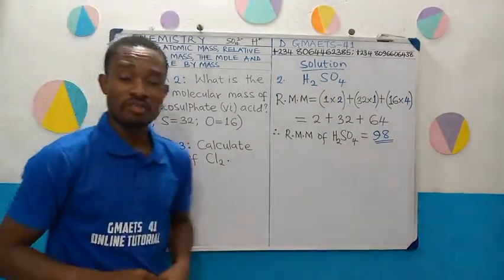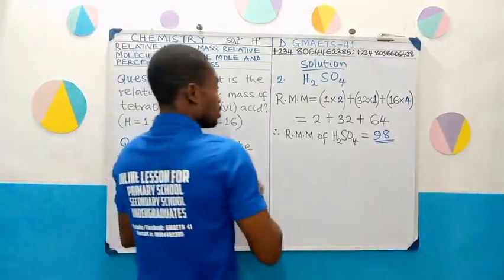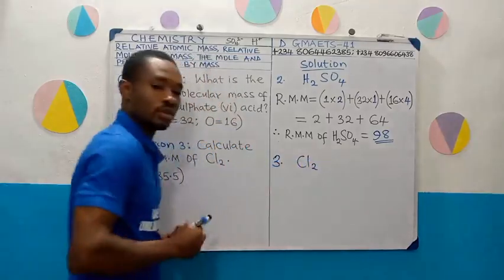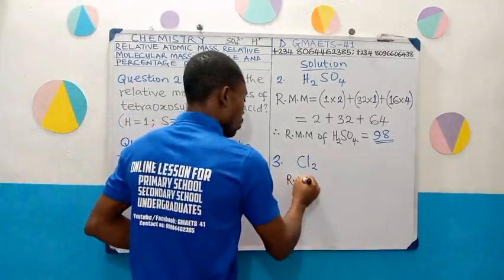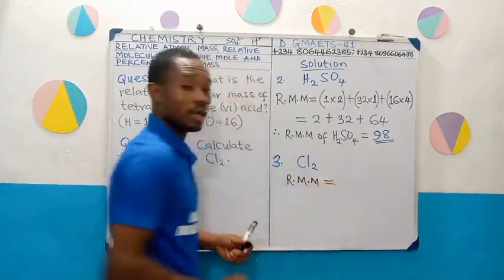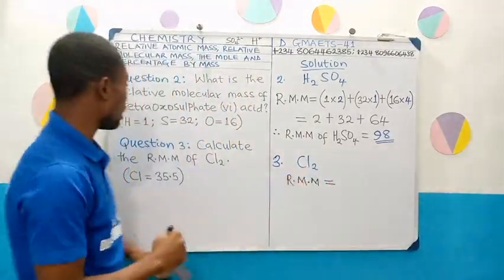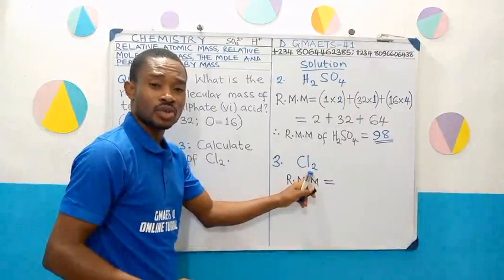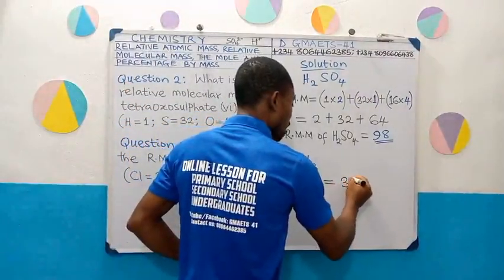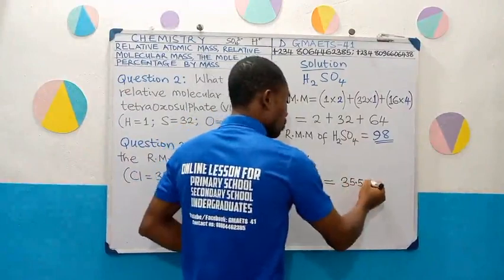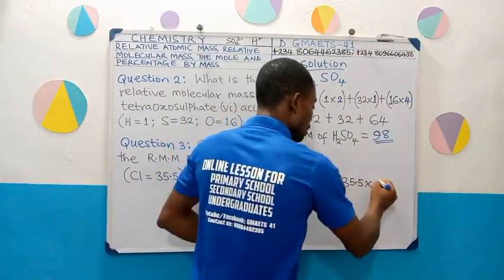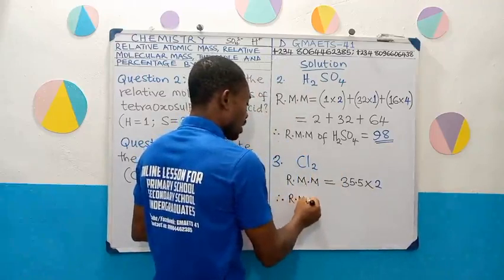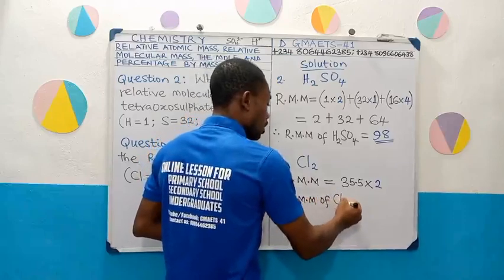We have to calculate the relative molecular mass of chlorine molecule. So question number 3 rather. Chlorine molecule. Relative molecular mass of chlorine molecule. What do we do? It's simply going to be relative atomic mass of 1 atom of chlorine, which is given here, 35.5. Then how many atoms of chlorine do we have here? 2. So it's simply going to be 35.5, then we will multiply it by 2. So if you work this out, therefore, the relative molecular mass of chlorine molecule will be equal to,